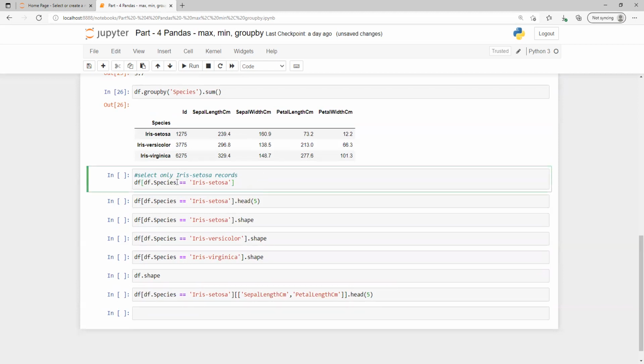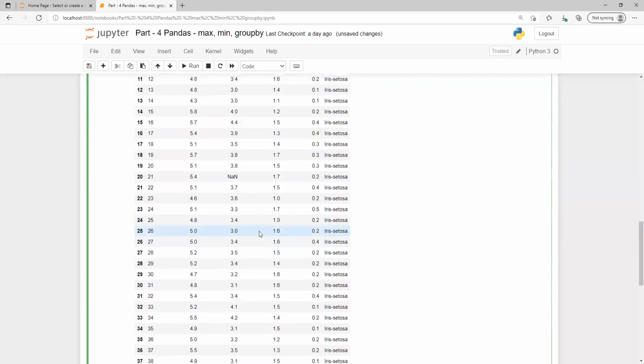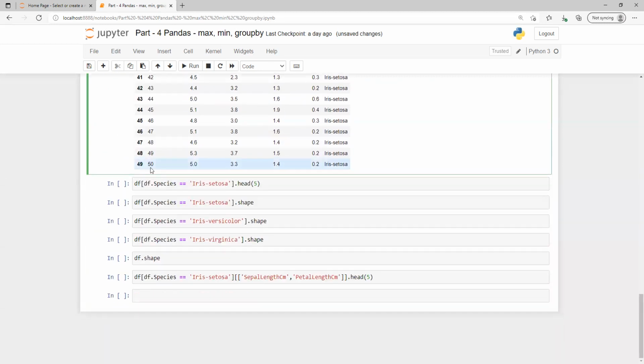Now if I wanted to check any specific value, we have df, that is the data set name, then in brackets we put the data set name dot column name and then equals this value. Whatever value we're going to check, we give the column name and then that value. It's going to search for this value in this column. We see here we have three different values. Now if I print it, I get all those records where we have this value. You saw it's a total of 50 records.